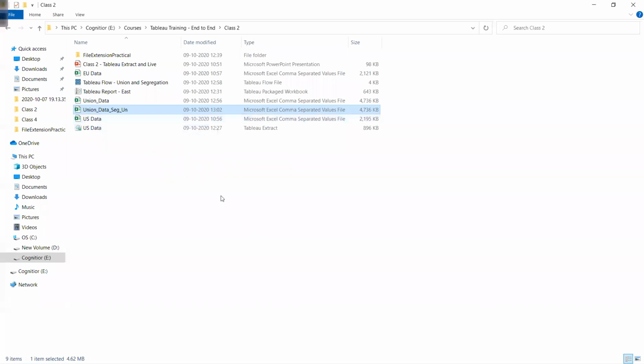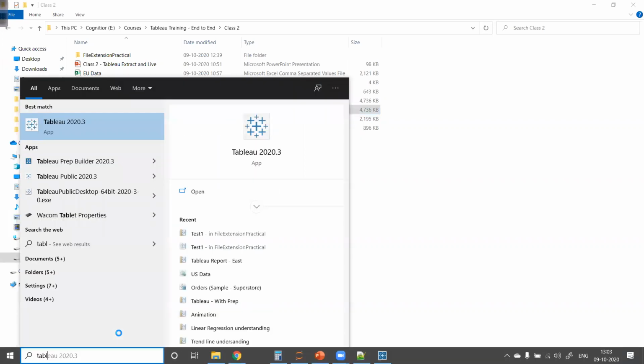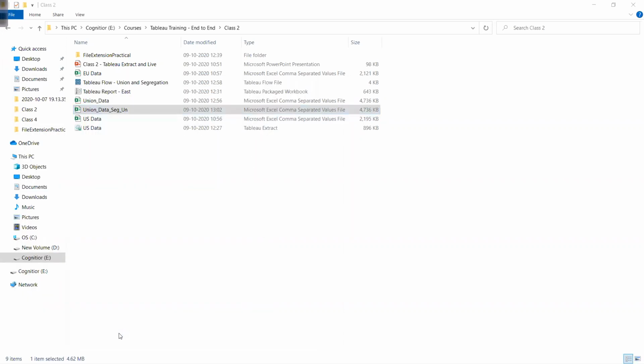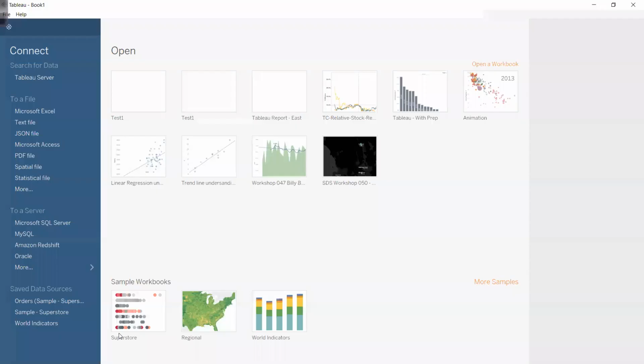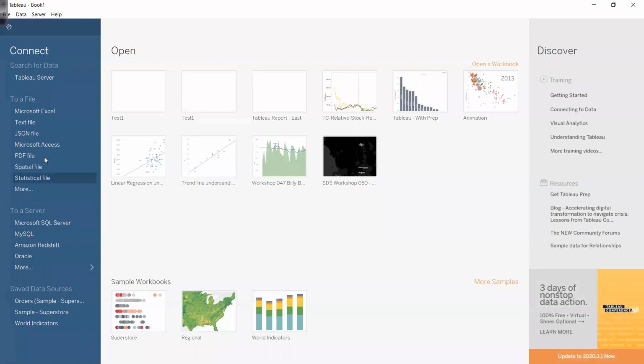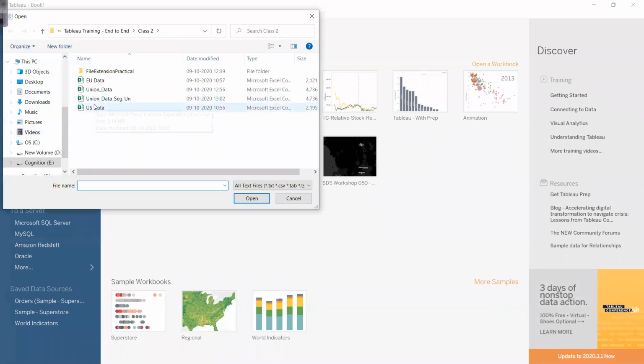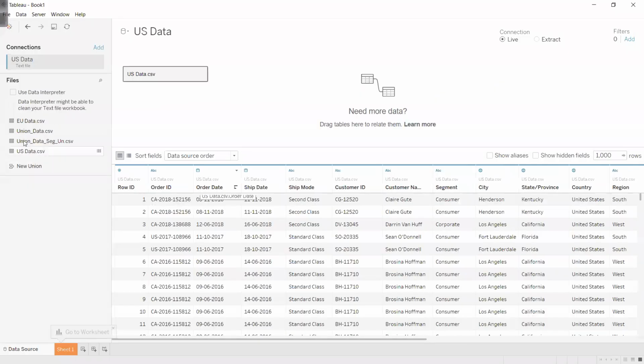Not a problem. But now I want to do this entire story in Tableau also. Suppose my data volume is not that big and I really don't require Tableau Prep. I'm okay with Tableau Desktop. I'll connect to the file. You can see I'm getting EU data, union, US data.